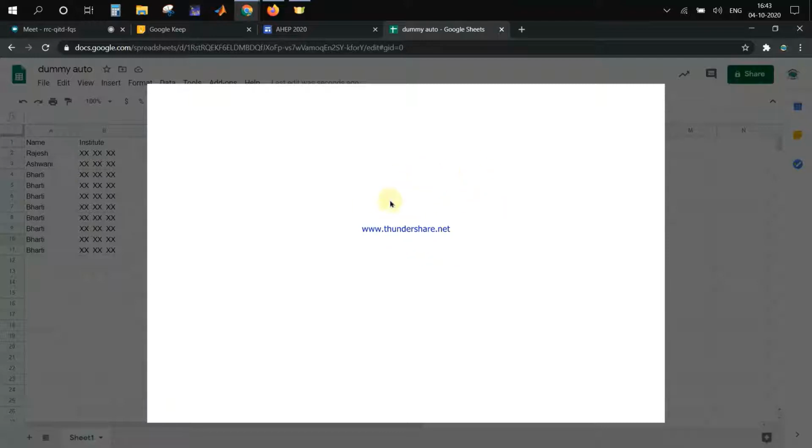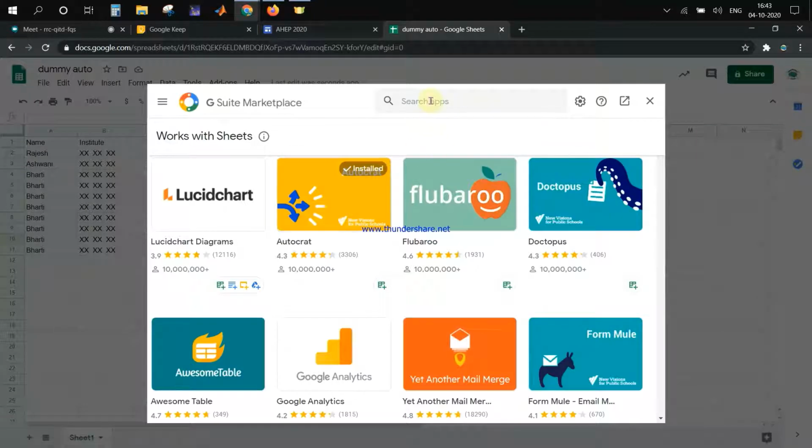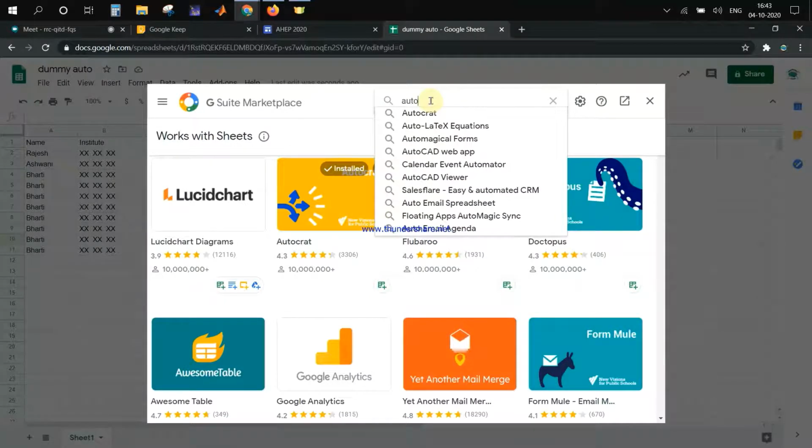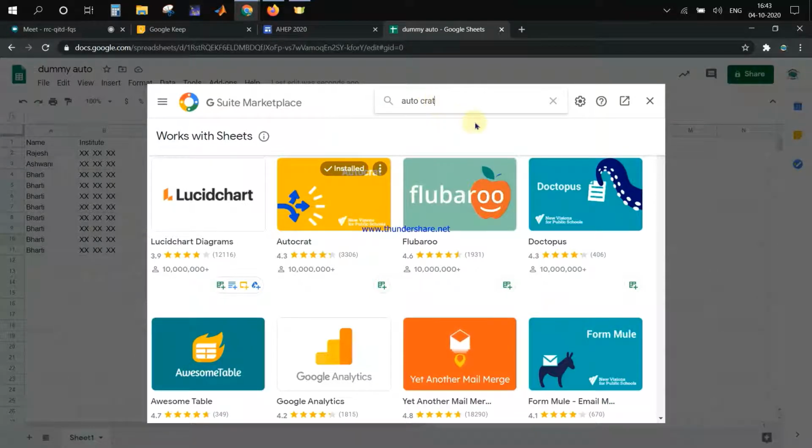Let's wait for a few seconds. Yeah, so you can search for AutoCAD. This is here, the second one. You can see this is already installed.